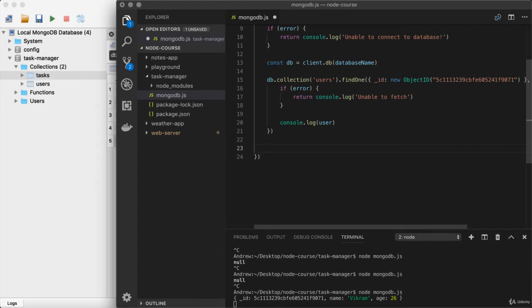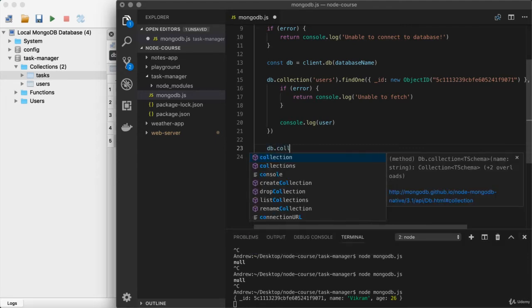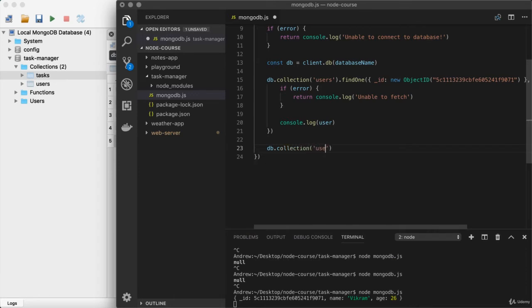Let's go ahead and set up a call to find. db.collection. We're going to search in users once again, and we'll try to find users who have the age of 27, and we know we have 3 users that fit that criteria. And we're going to go ahead and call find to pass our query object in, just like we did for find one. Now, it doesn't make sense to search by ID when using find, since you would only ever get a single record back, since the ID is unique. So typically, when using find, we're searching by a different field on the document. In this case, I'm going to find users whose age has a value of 27. Once again, that would return 3 documents.